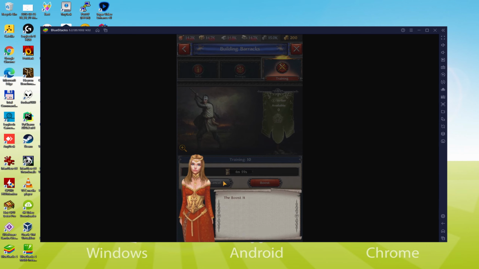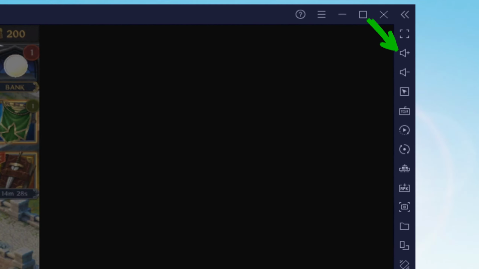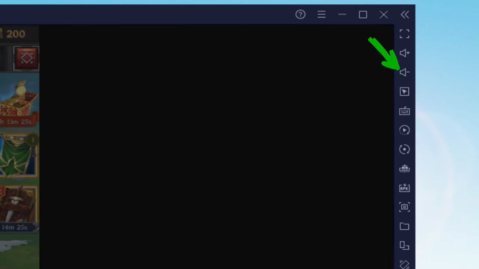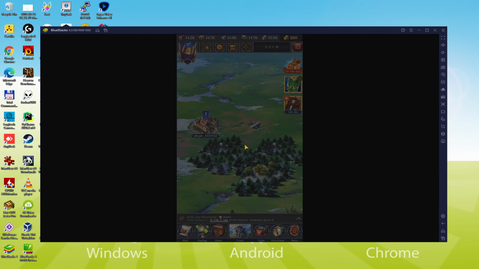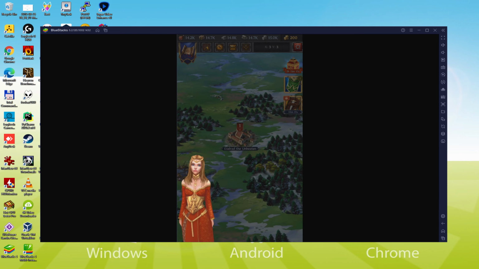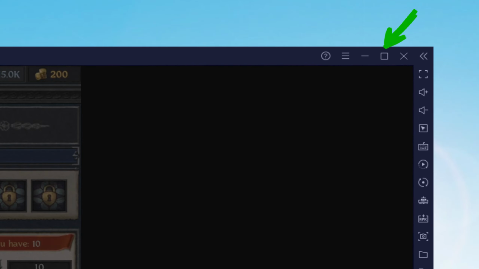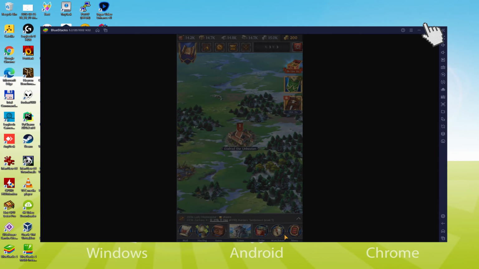I have to comment on the volume level of this emulator. This is here. We use the icon of higher volume along with the icon of lower volume. This way we won't rely on the Microsoft Windows volume to increase or decrease the sound of the emulator. And to enjoy the experience to the maximum, we should activate the big screen, for which we have two alternatives. This one is the first one. We simply click on that software icon which I am showing in green.